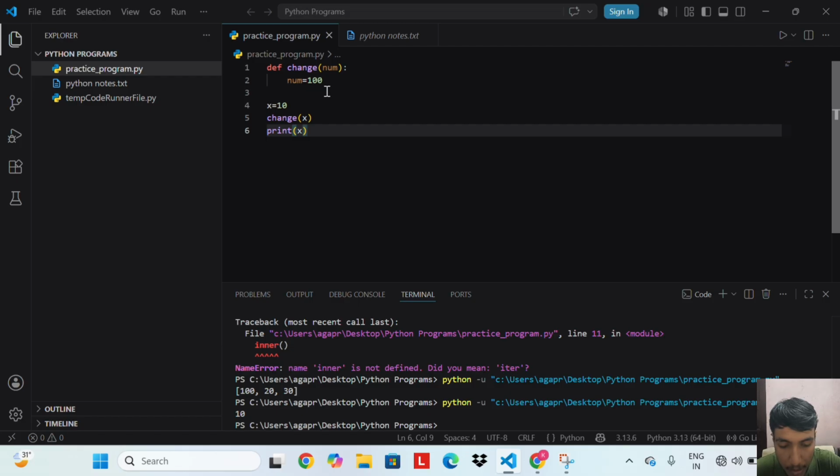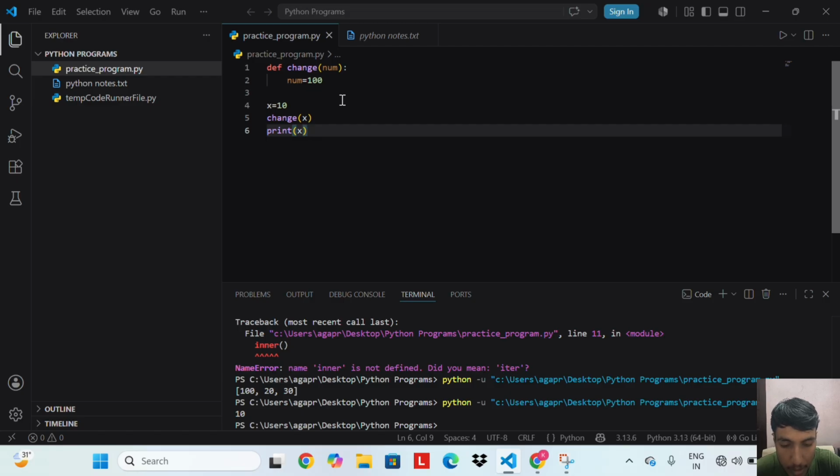Why? Because integers are immutable. They cannot be changed in place. When we write num equal to 100 inside the function, Python creates a brand new integer object 100 and points num to it. The original variable x outside still points to the old object 10.